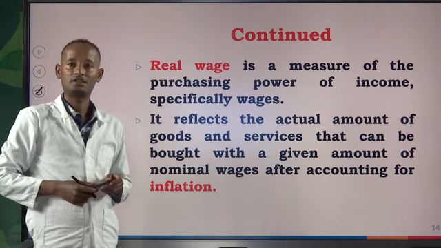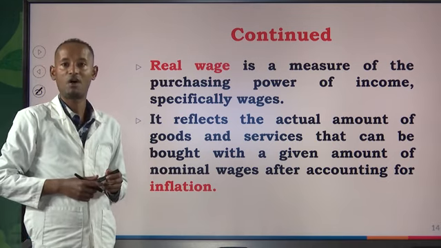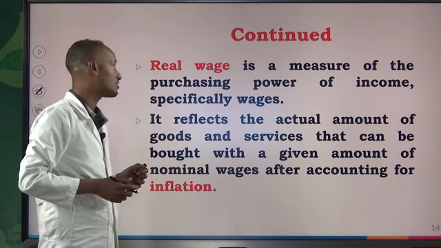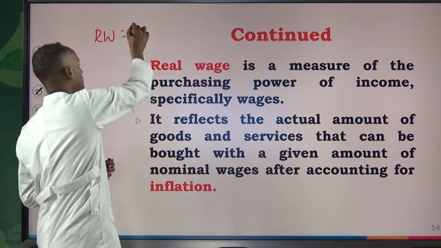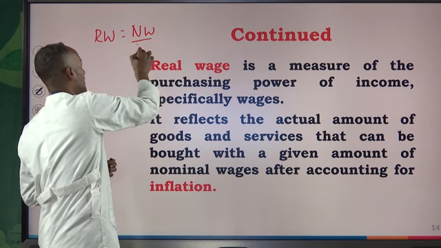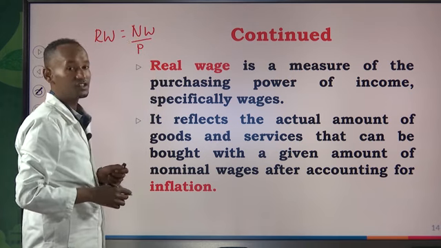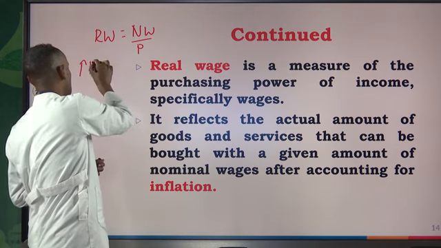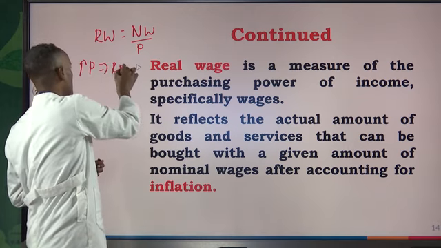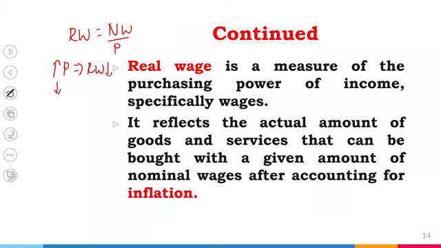Let's see the real wage. Real wage is a measure of the purchasing power of income, specifically wage, and mathematically the real wage is calculated by dividing the nominal wage by the price level. And let's see the relationship between the price level and real wage. With the rise in the price level, the real wage will always decline, but if there's a fall in the price level, then the real wage will increase. By taking these pointers,